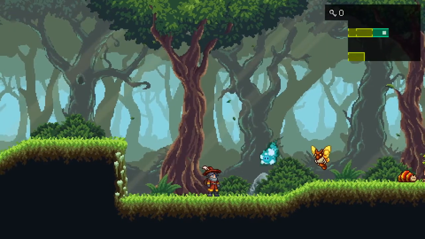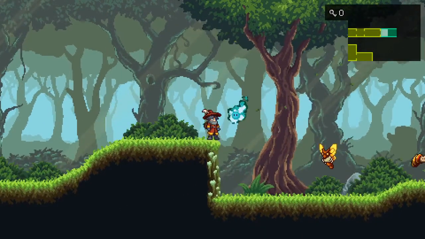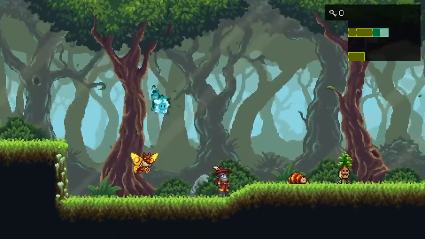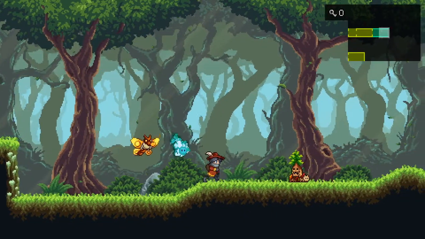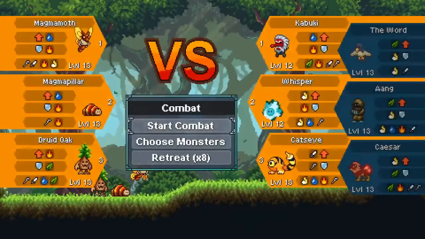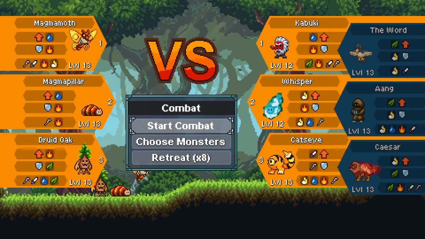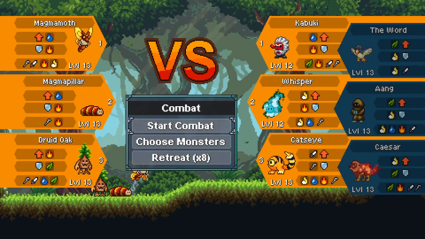Whoa! Is that what the bug evolves to? It's like a fire moth. That's cool. I mean, it makes sense. I assumed it was a moth the whole time. What is that? What are you? Druid Oak. Do you think that evolves or anything, or is it just there? I have no idea. Magma Moth also has fire and air, but is otherwise pretty much the same idea as